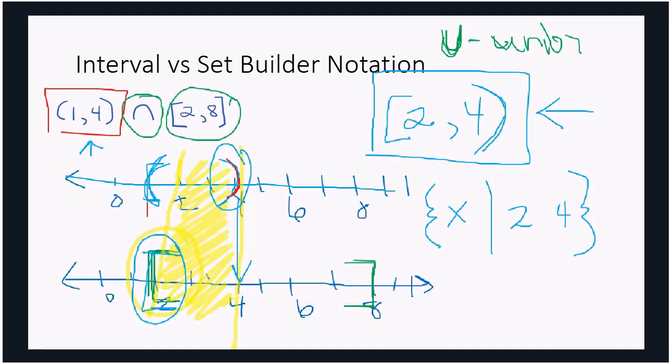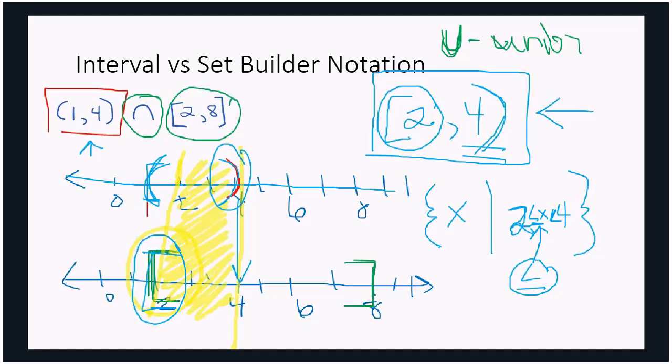So it's between 2 and 4, and that's what x is. X is between 2 and 4, but x is going to be greater than 2 and also equal to 2. So you have to put the greater than and equal sign here. So x is greater than and equal to 2, which is what this part is saying, that 2 is included. But it's going to be less than 4. So my inequality symbol here is just going to be the less than sign without the equal sign.